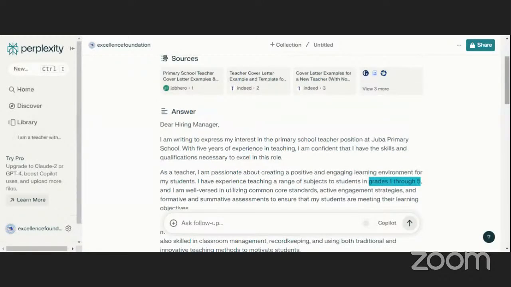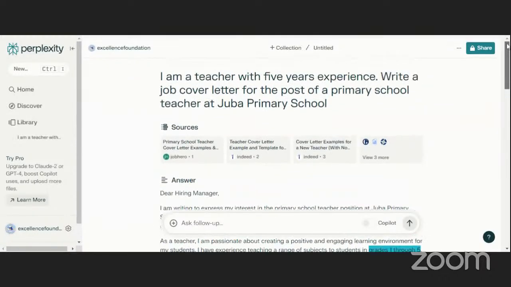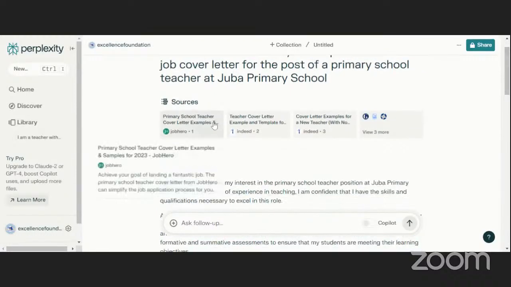But the idea is to just give you a starting point. For instance, let's say you are looking for a cover letter for a teaching position. If you go to Google, you get a lot of results, which may be very difficult to choose from. So don't take this information the way it is here. What you do is take it and repurpose it, do some editing, some paraphrasing, until it becomes plagiarism free. Because, like you see here, they get it from other sources.